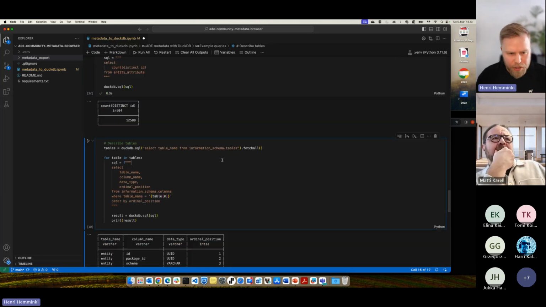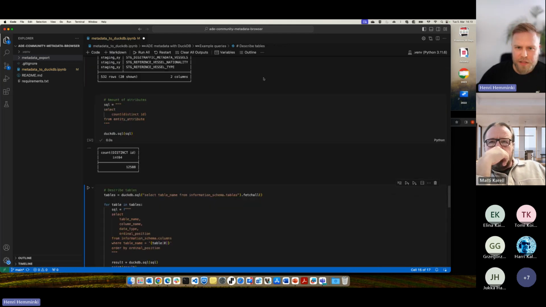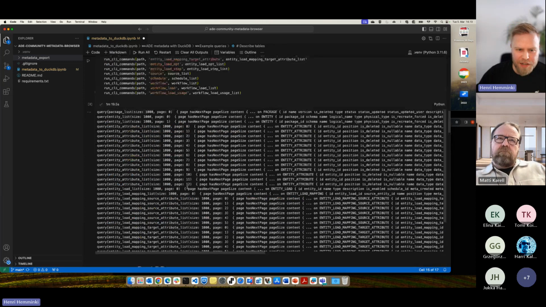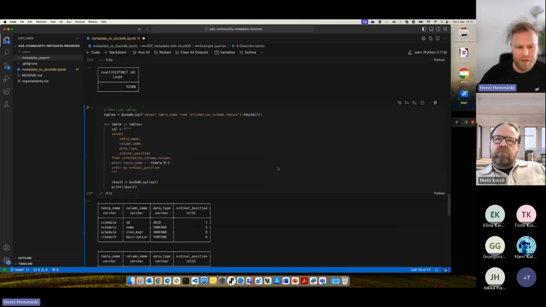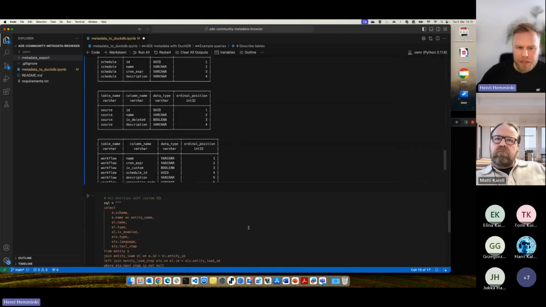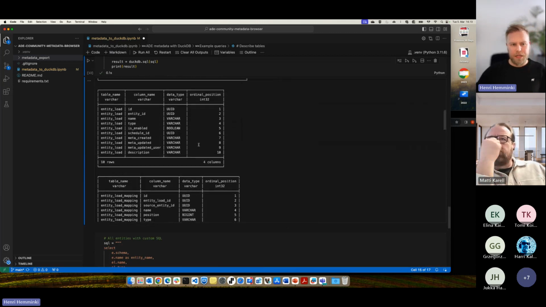But I can also run some information schema queries. What this Python magic we had here actually did was load all these tables into memory in the DuckDB instance.